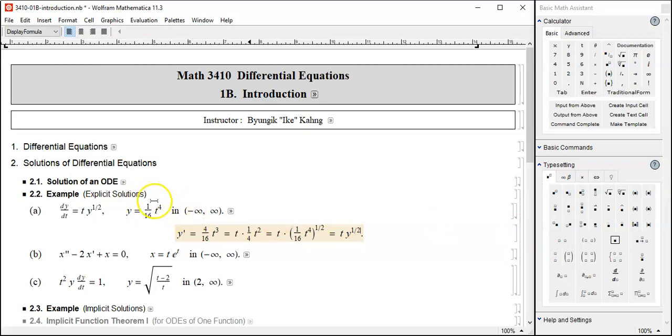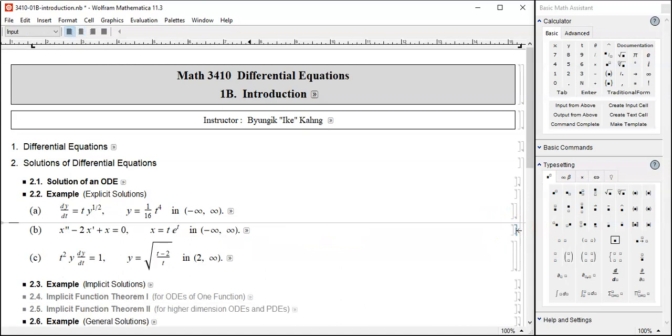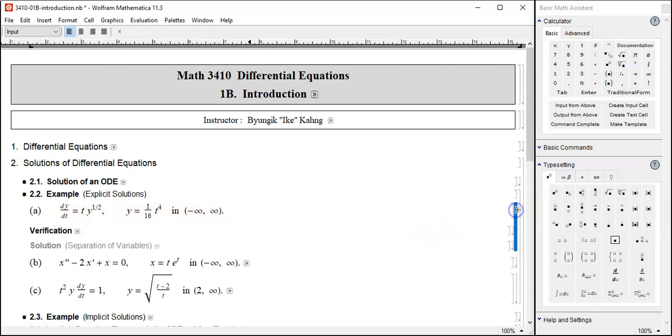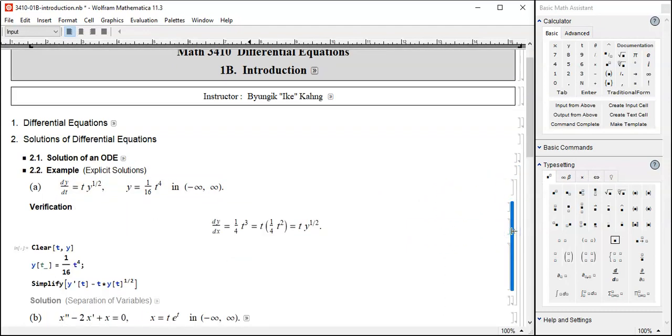Well, this is just a power function, so it is valid everywhere from negative infinity to positive infinity, and the interval of definition is therefore negative infinity to positive infinity. Here's a verification, and by the way, you can use a computer algebra system to verify as well. What am I calculating here? Y of t is given as 1/16 t to the 4th power, this very thing. I use Mathematica to define it. And I'm calculating this y prime of t minus the right-hand side,